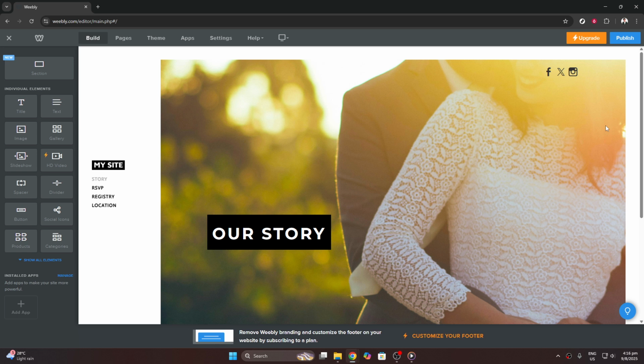And there you have it. You've taken the first big steps towards building your very own website with Weebly. Keep exploring the editor and experimenting with the tools. They're designed to make your creative process as